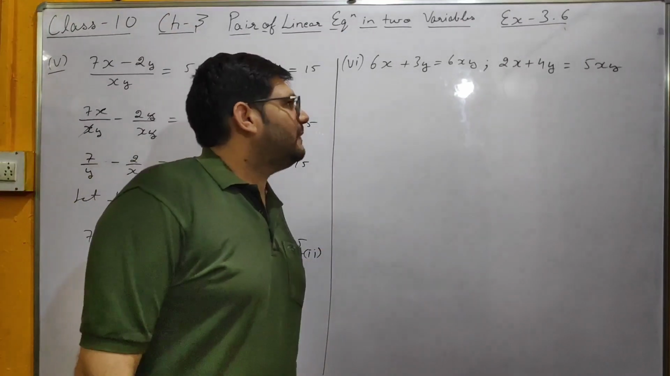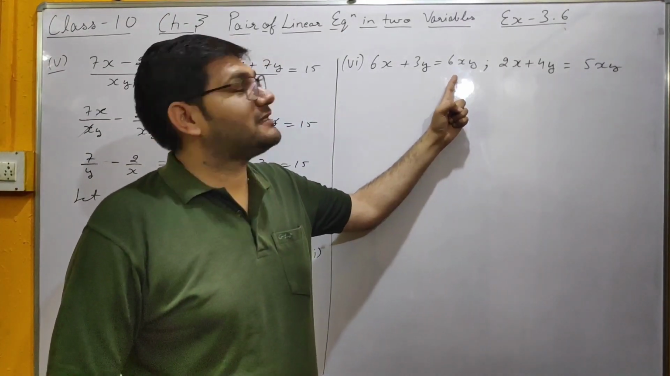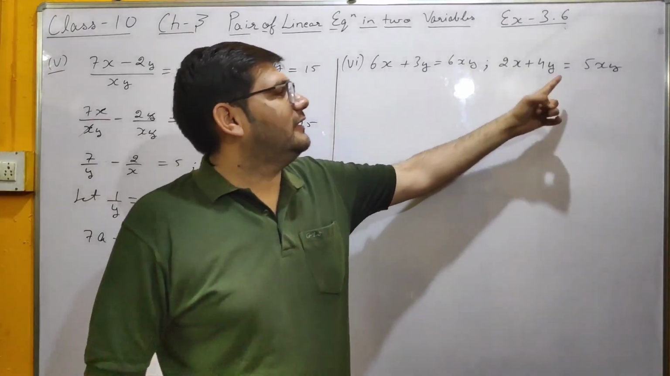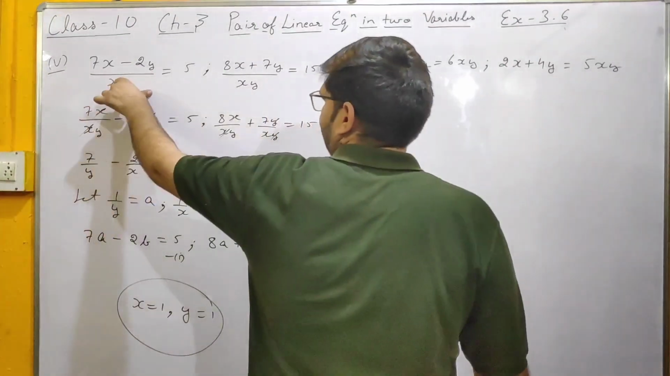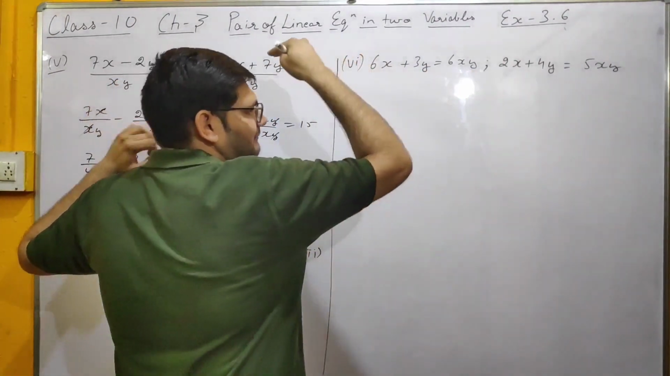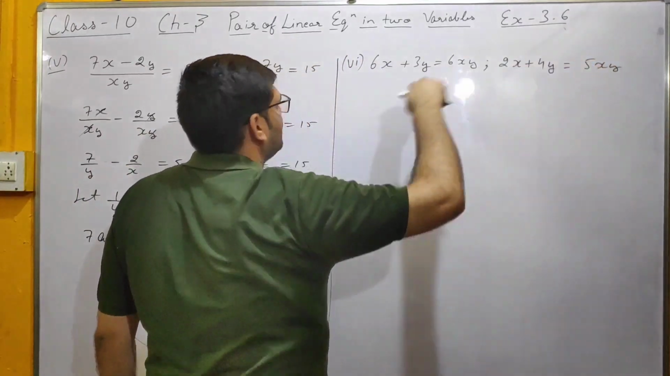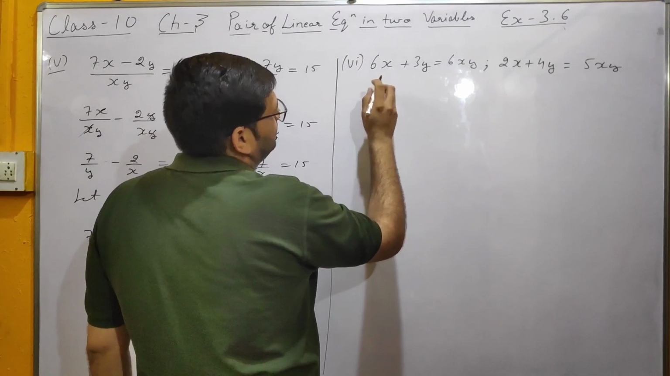Now let's do sixth part. In sixth part, it is given 6x plus 3y equals to 6xy. Again, see xy is given and there also xy is given. So how can we solve these kind of questions like this? Either you bring xy in the denominator or divide both the equations by xy. So here it was in denominator, now we'll do it by another way. You can say divide